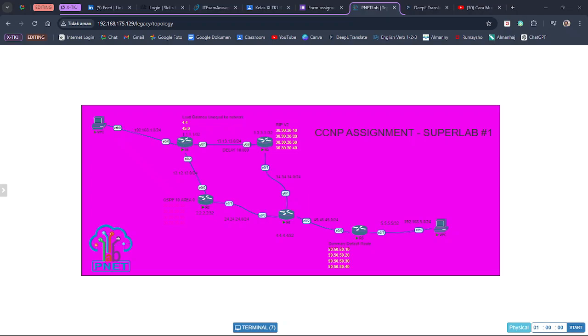RIP is known for its ease of setup, but with limits in terms of the size of the network that can be managed in this scenario. RIP is used to show how this older and simpler protocol can still work in a smaller segment or environment